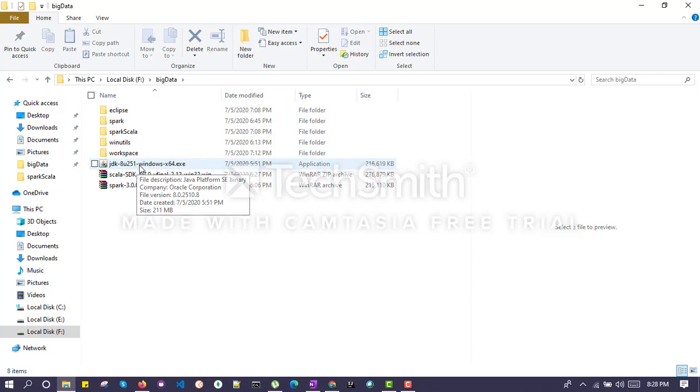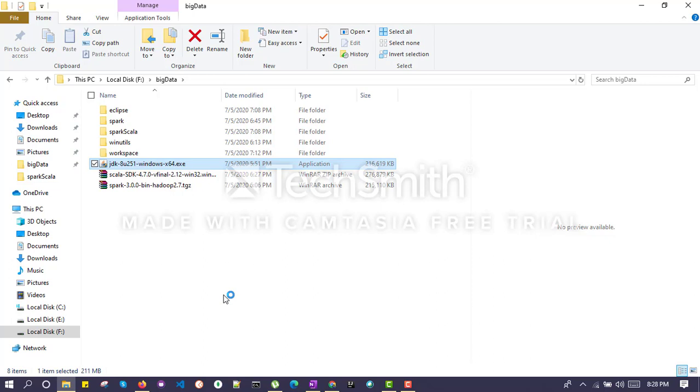Try to install this one. Since I have already installed, I will just show how to do that. Just double tap, like any normal exe file in Windows, just click on this and I have done the custom installation. We will make note of where we are installing JDK and JRE, because we will need those path addresses to mention in our environment variables.